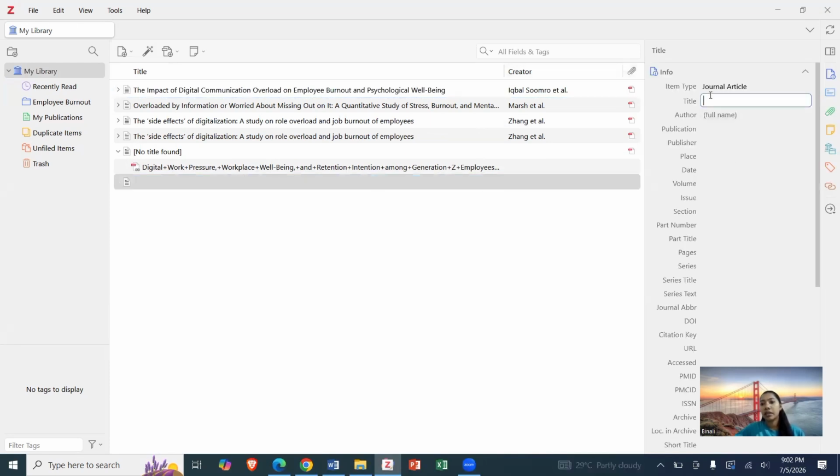We can add all the information related to the research manually. It is one of the methods we can use in here. After seeing the different methods, you can see all the research PDFs we can attach in here.